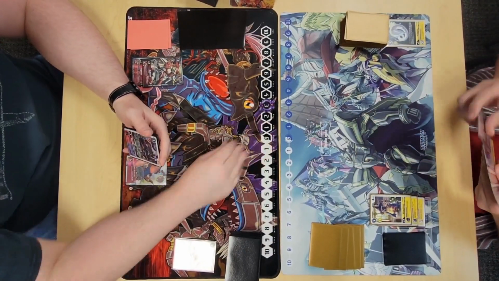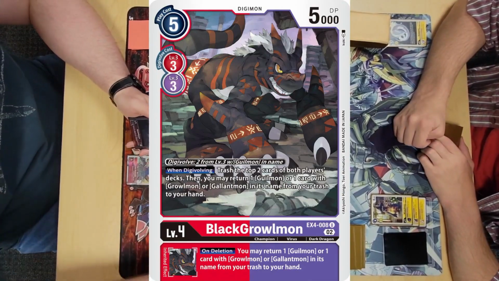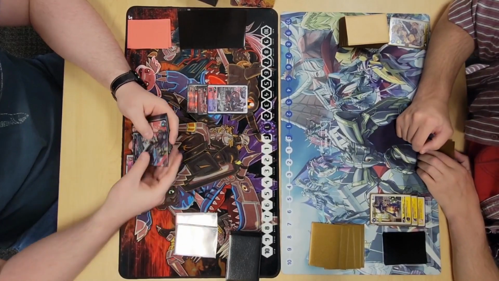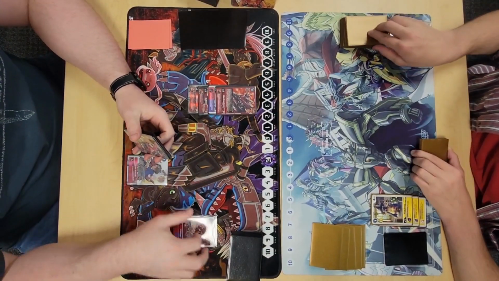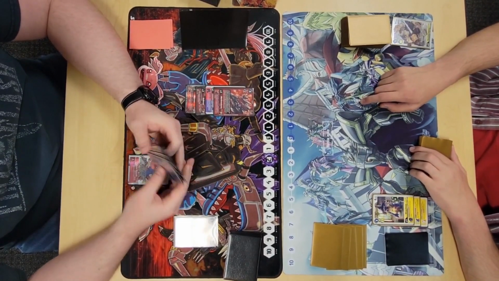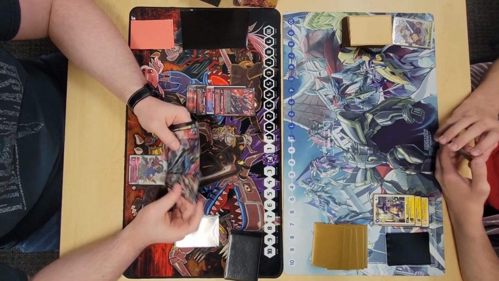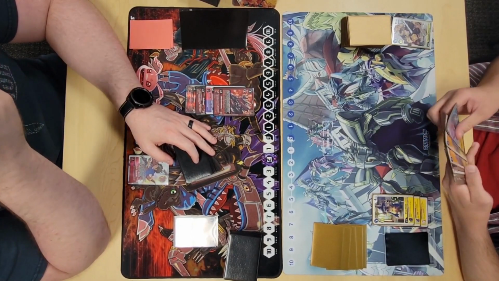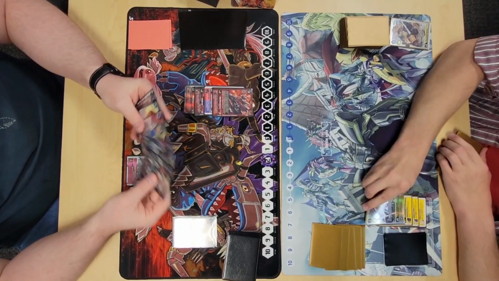Evo's into Wizard for 2, and then I go to 3 for my Takato. Promote. Evo into Black Growl, we both mill top 2. And I add Gallantmon back to hand. And then I Evo into War Growl for 3 and leave him at 2. I don't activate War Growl's effect to Evo again since I can't delete anything. I'd rather react to something that he does than just stick my Gallantmon out there. If I had Megidramon in my hand, I may have considered Evoing into it, but...